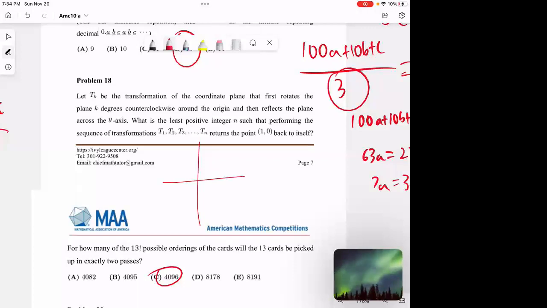We have 1, 0 right here, and then we increase by 1. We don't really have to think of it in a coordinate plane. We can think of it as a circle, with different points on this circle. First it's at 0 degrees, then it goes to 1, flip it across, so 0, 179, and then to,